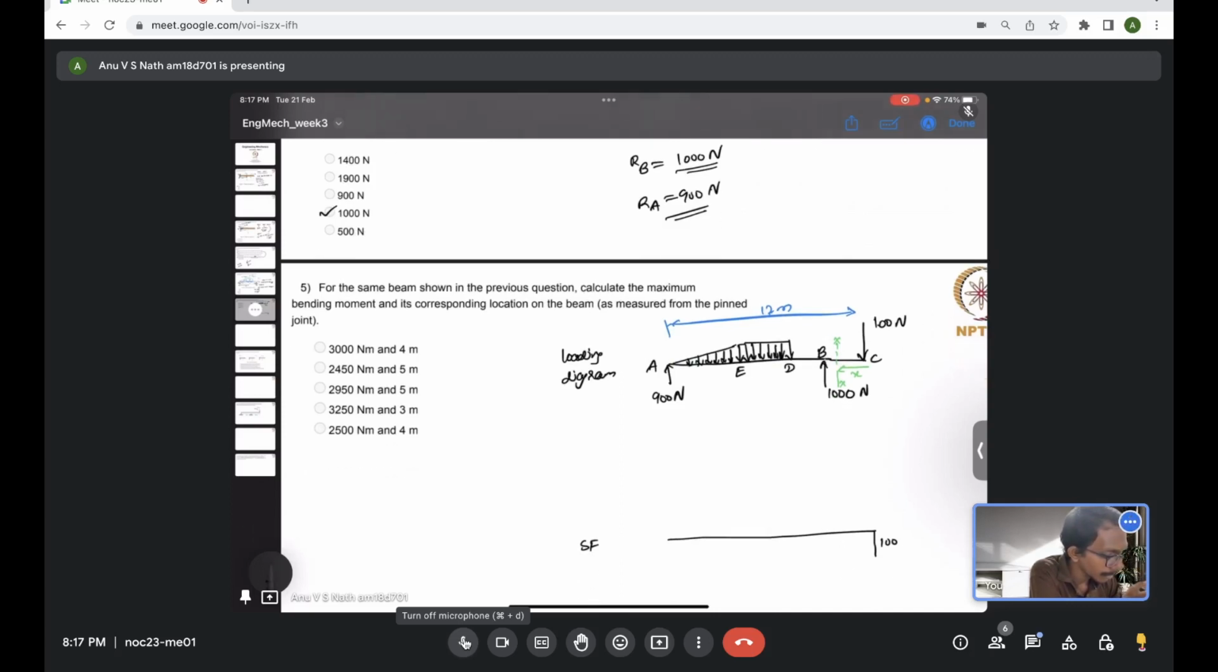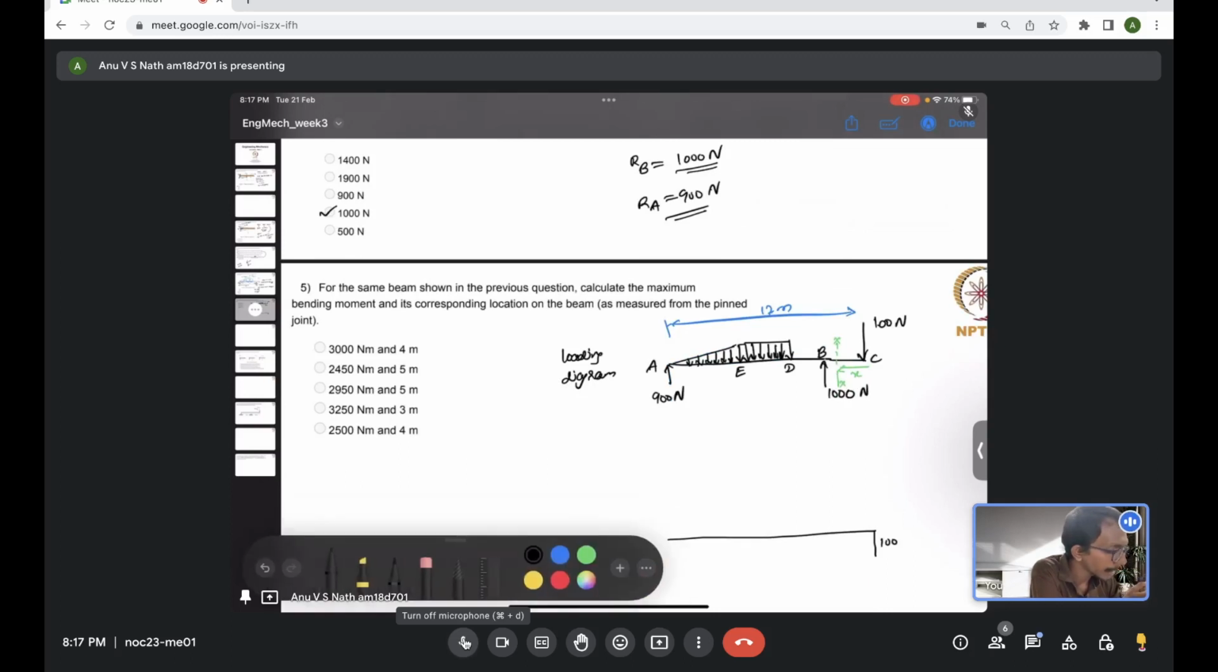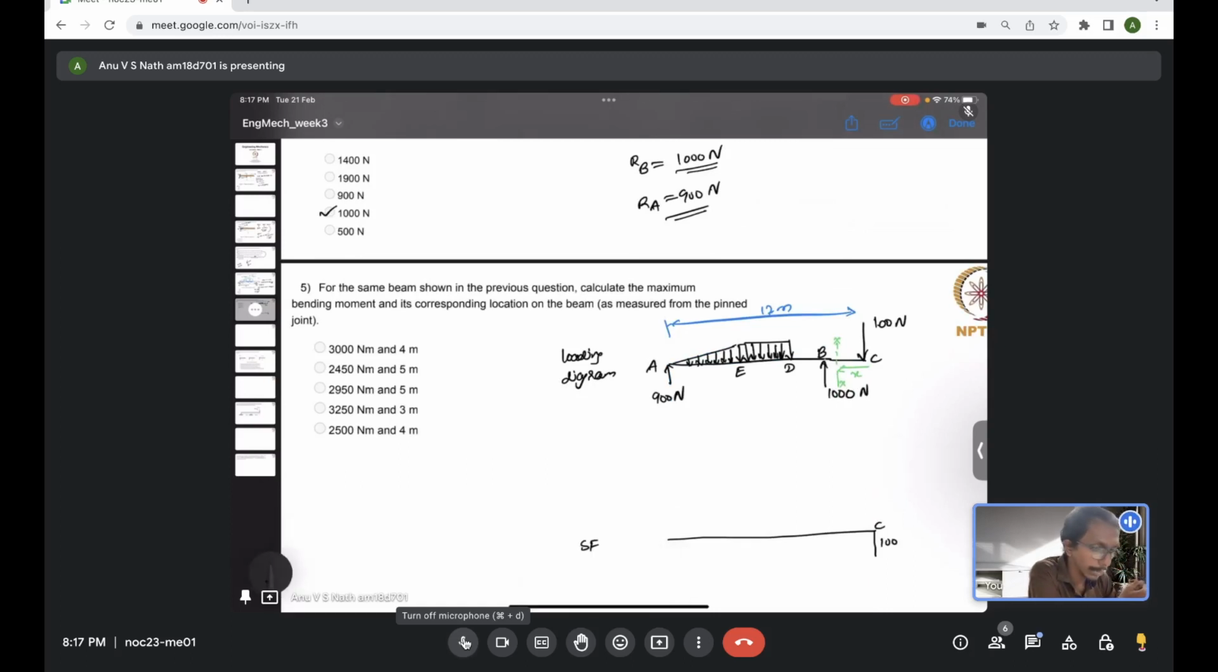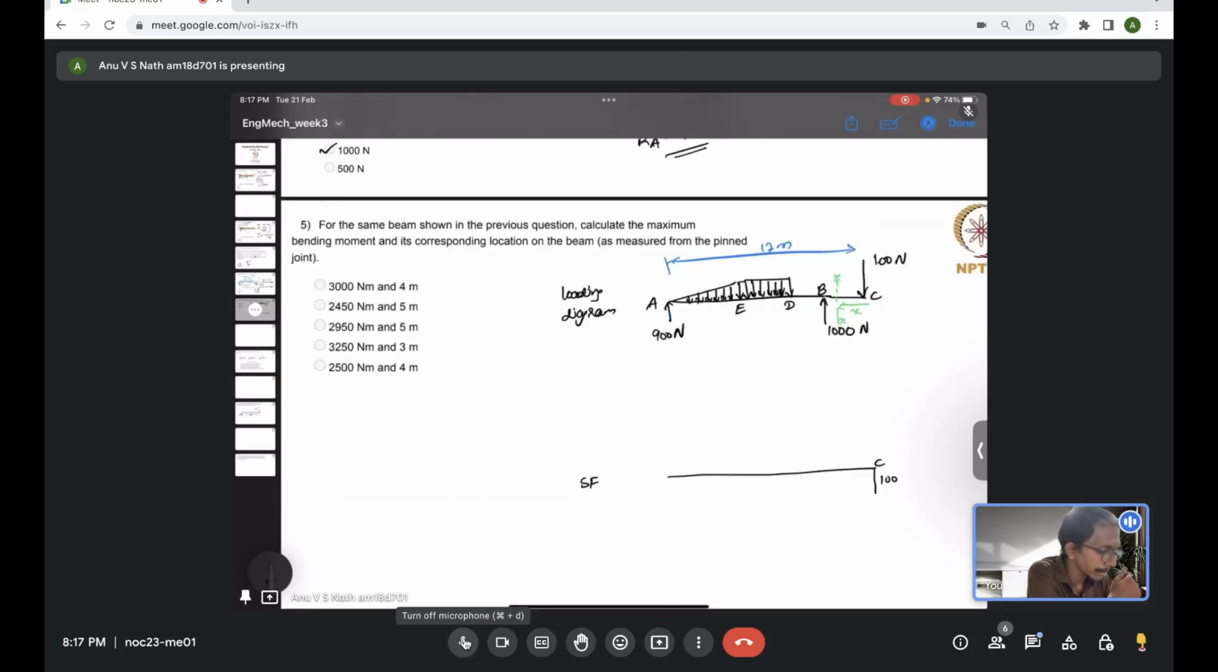So now let me repeat again. If we consider the point C, which is this end, you have a shear force of 100 Newton acting downward, that I have drawn here. Now if we consider a section xx, which is in between B and C, which is at a distance x from the end C,